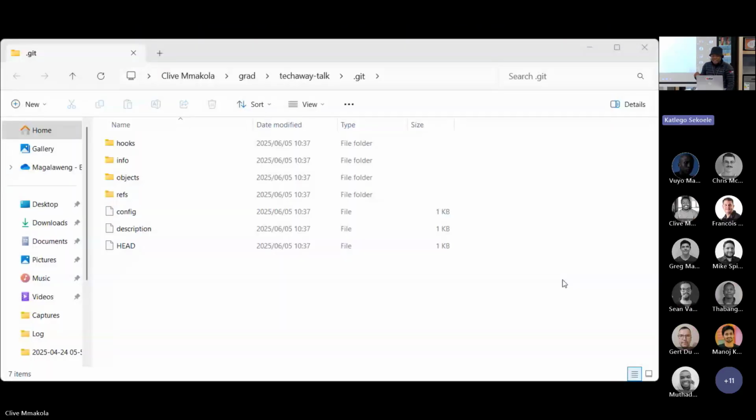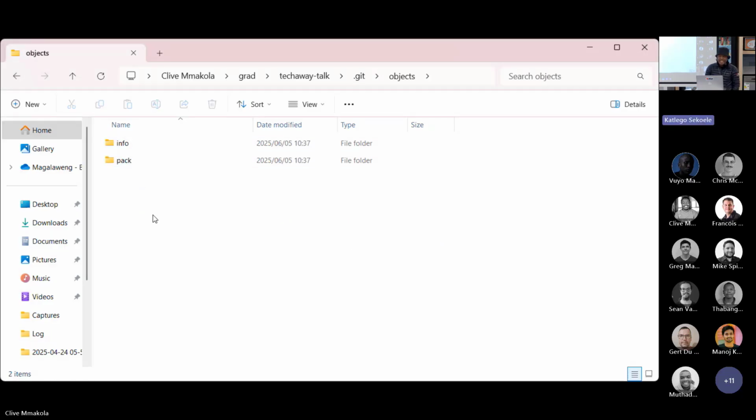So if you open the .git directory, it has all the directories and all these files that we just discussed earlier on. And if you look into this right here, right now, it has nothing. So if I'm now going to go and run the hash object command with the write, so that it writes to the storage, right? Then now, if we go back, there is a new directory that was created,